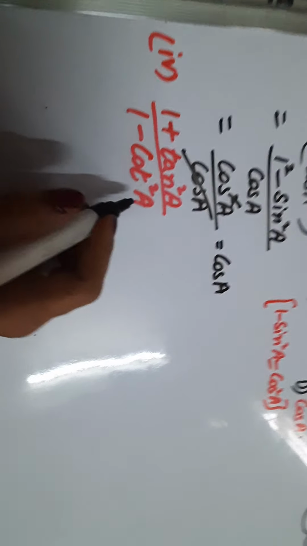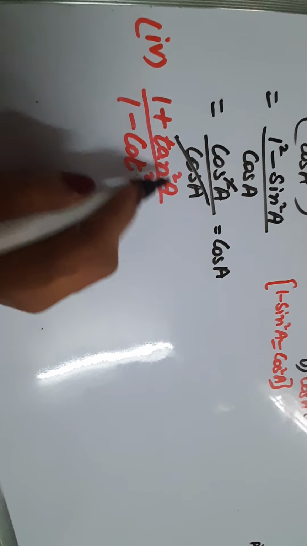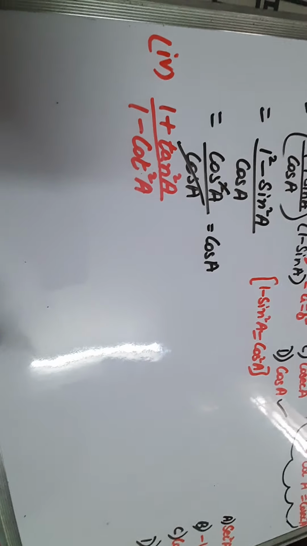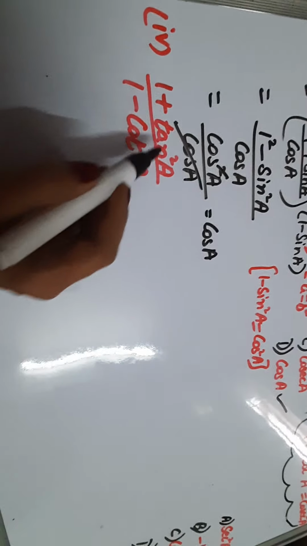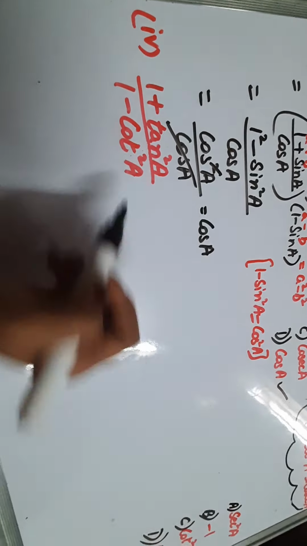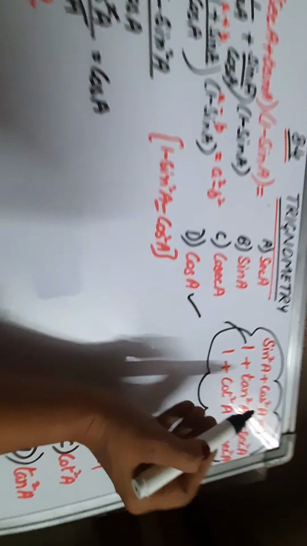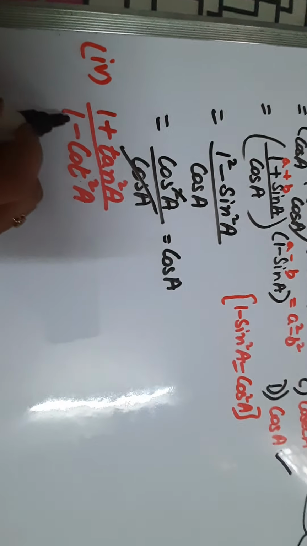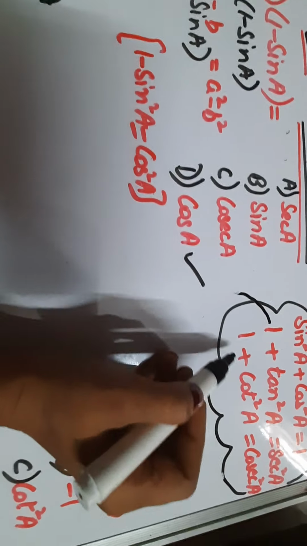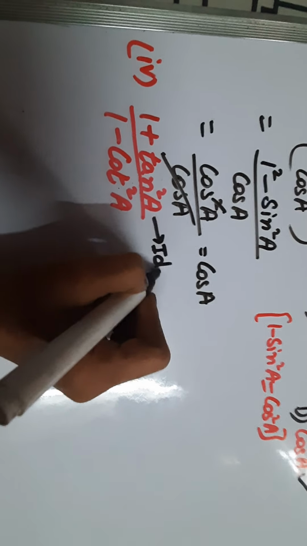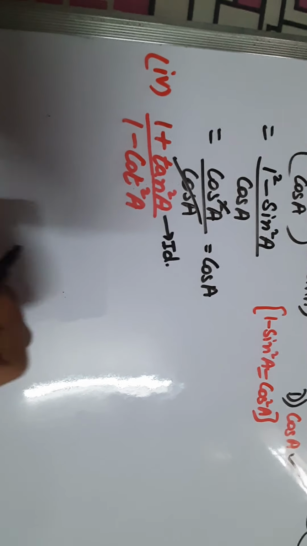Now dear students, the fourth part of question number 4 is 1 plus tan square A upon 1 minus cot square A. So quickly let us see which identity we can use, because square is there on the ratios. First step, always look at the identities. 1 plus tan square, yes, we have a direct identity. 1 plus tan square can be written as secant square A, and 1 minus cot square, but in the identity we have 1 plus. So we can only apply the identity on the numerator. So let us apply it.